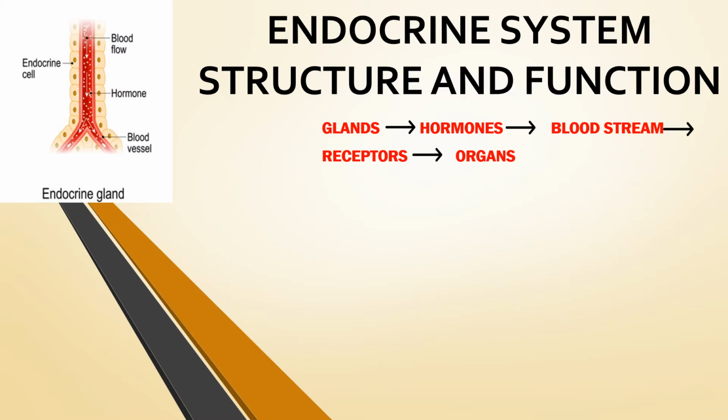The receptors are present in various organs and tissues, and these receptors recognize and respond to the hormones that are released into the bloodstream. This way, the hormones secreted by the glands of the endocrine system travel through the bloodstream towards various organs and tissues in the body. So, it doesn't have a duct. The gland doesn't have a duct and it secretes into the circulatory system, and through that it reaches every organ and tissue.